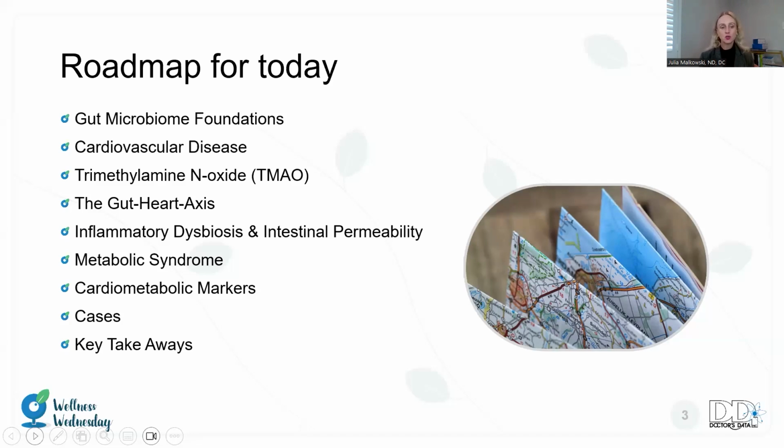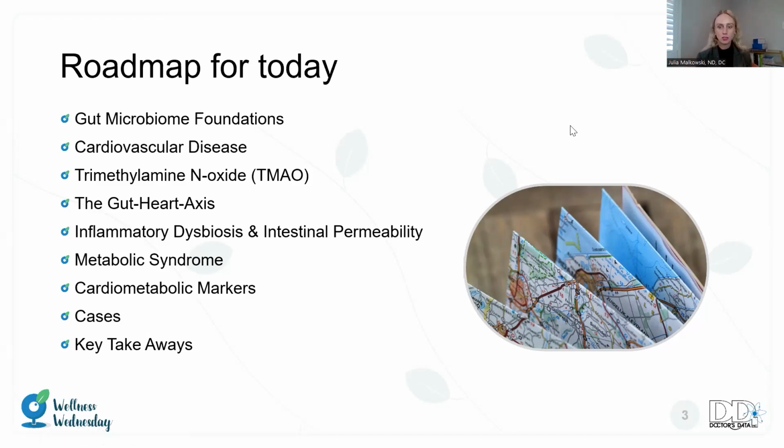We'll discuss trimethylamine-N-oxide, that TMAO, one of the links between red meat and heart disease. We will discuss the gut-heart axis. We know the microbiome does influence end organ status, and the heart is one of those organs. We'll discuss inflammatory dysbiosis, and this is a pattern that you will see in your patients quite often, as inflammation and dysbiosis is rampant amongst especially individuals in North America, westernized societies.